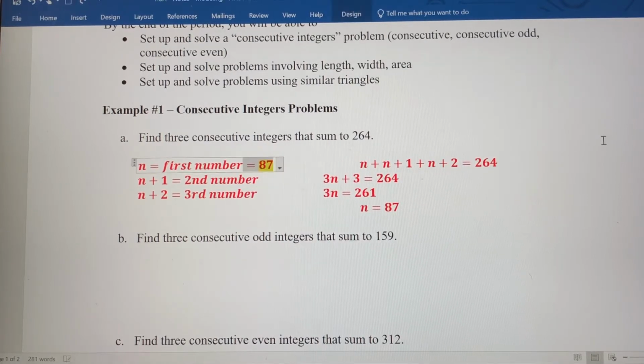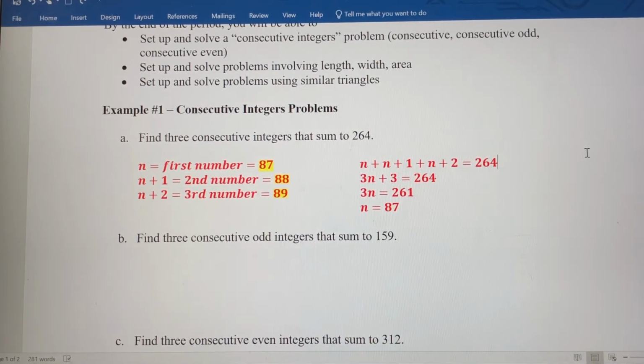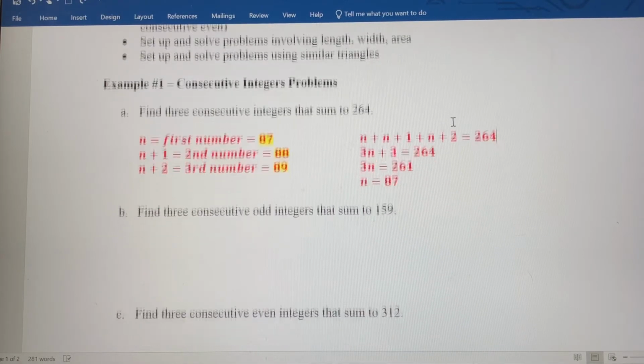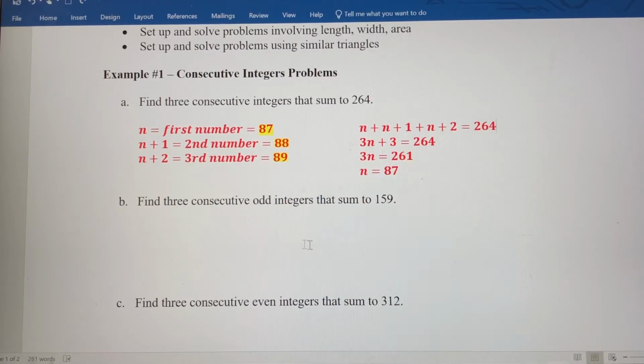So my first number is 87. My second number should be 1 bigger than that, 88. And my third number should be 1 bigger than that, or 89. And you can just check: add 87, 88, and 89 together, and you get 264. So that's how you set up the 3 consecutive integers problems. So what I want you to do is pause the video here and try to set up your variable expressions for 3 consecutive odd integers,